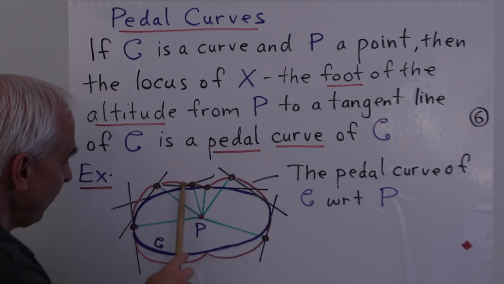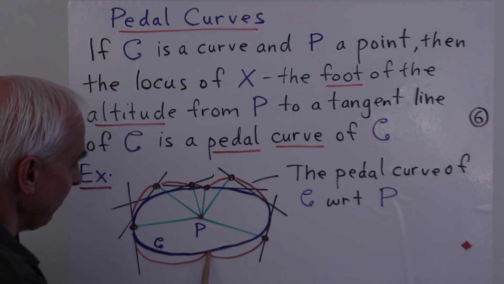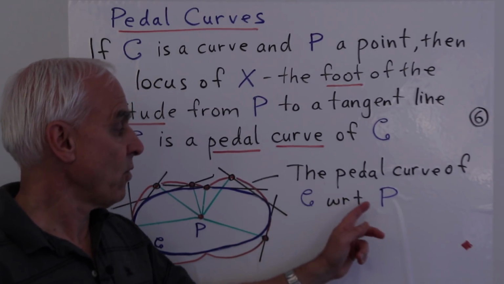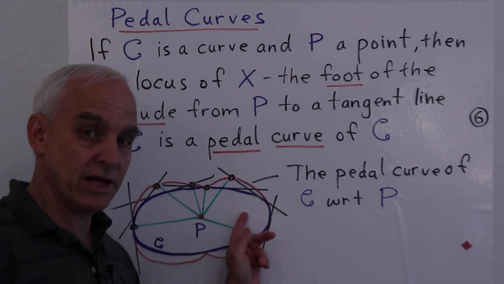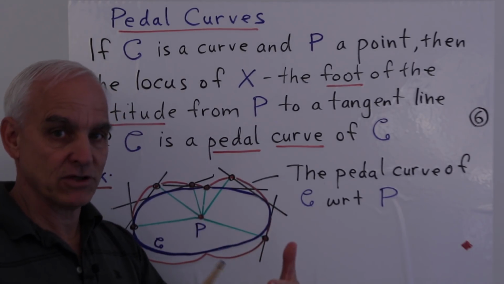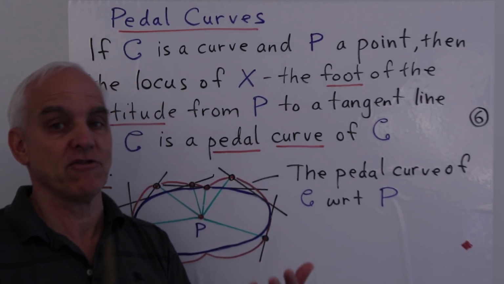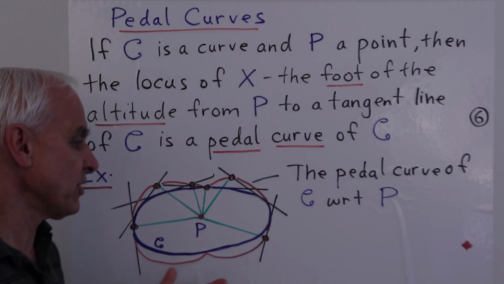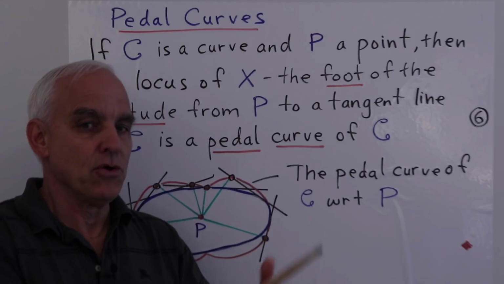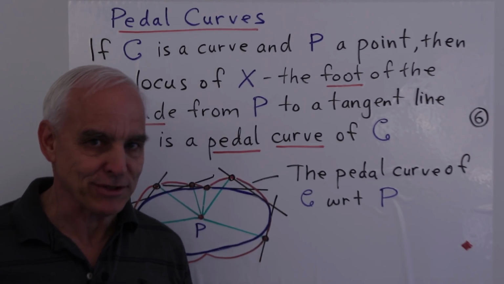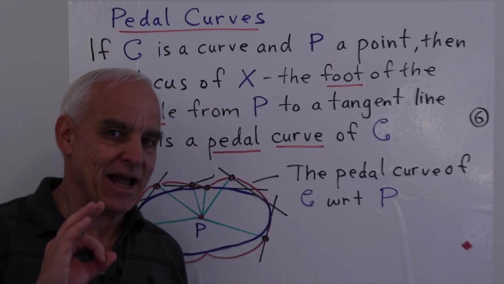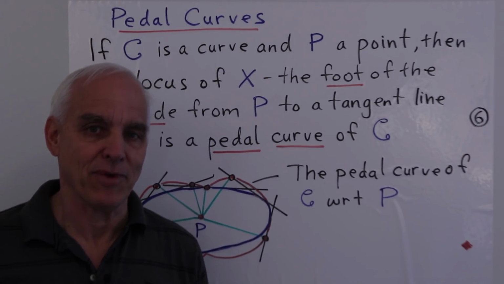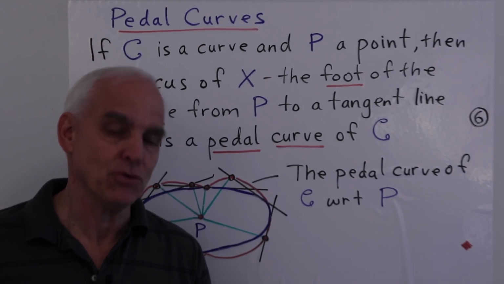So it sort of hugs the ellipse, but it sort of wobbles away from it and then comes back in. Okay? That's the pedal curve of the curve with respect to the point. So if we change this point, kept the curve fixed, well, then the pedal curve is going to change. So a given curve has actually lots of pedal curves associated with it. Okay, it's a kind of interesting, curious way of constructing new curves from old ones. It's the kind of thing that geometers like to investigate. But it's actually quite important for the story of the orbital motion of planets around the sun, as Newton ultimately